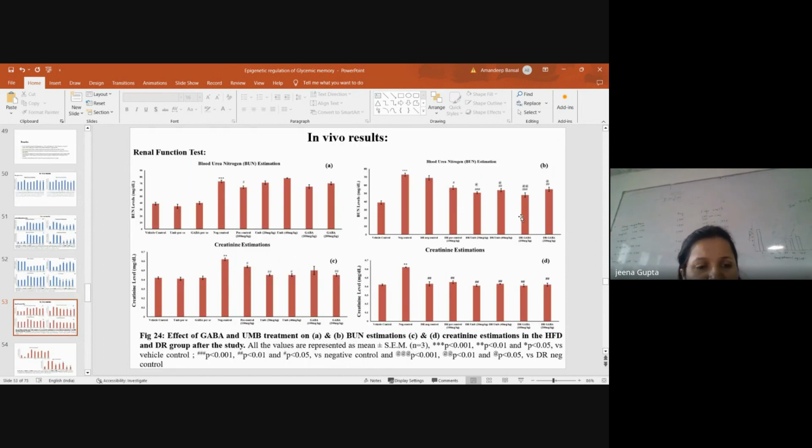Then we also performed the renal function test to see the effect on diabetic nephropathy. We observe that there is increased blood urea nitrogen and creatinine levels in the diabetic rats, but our compounds are able to reduce these levels. Diet reversal again retains certain